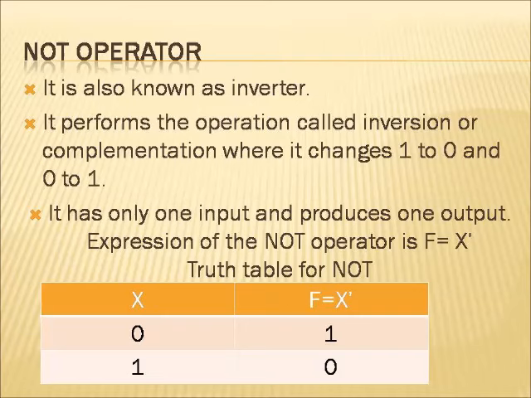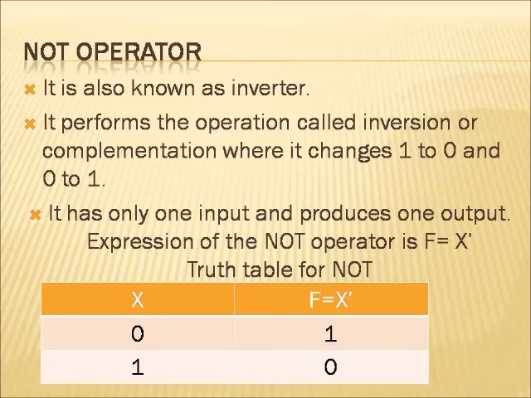For example, suppose the value of a Boolean variable is 1, then it will change that into 0. If the value is 0, then it will change into 1. It is similar to our NOT operator in the proposition, right? In the proposition it was converting false to true and true to false. And here you can see the truth table for the NOT operator, where x has values 0 and 1,